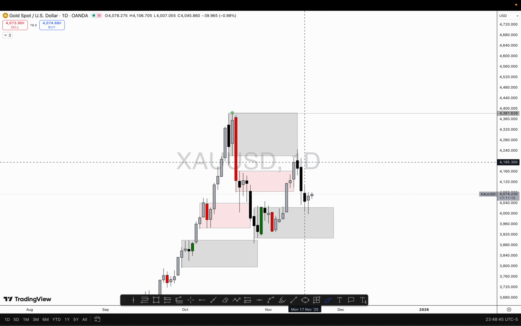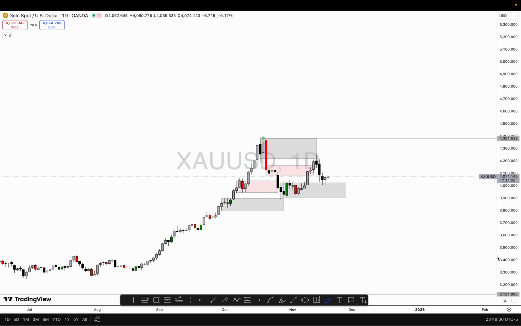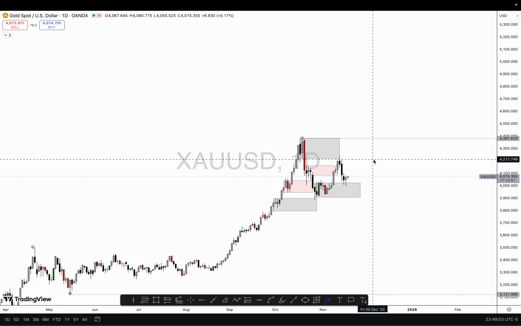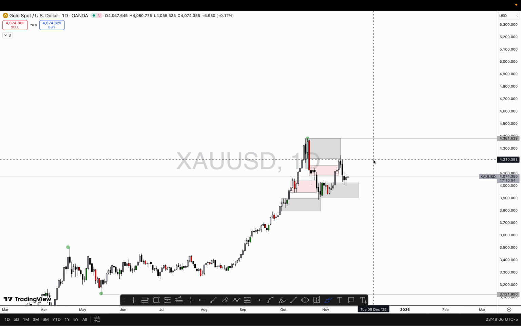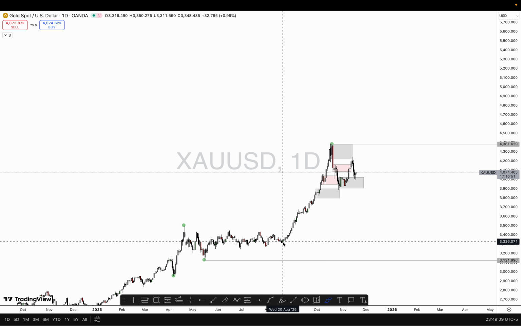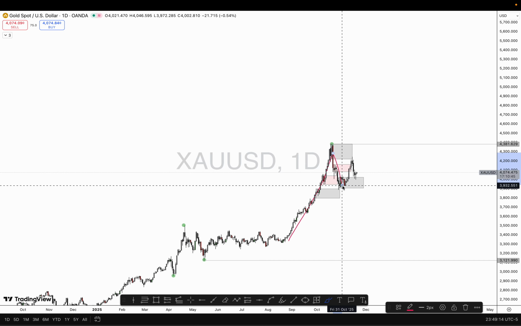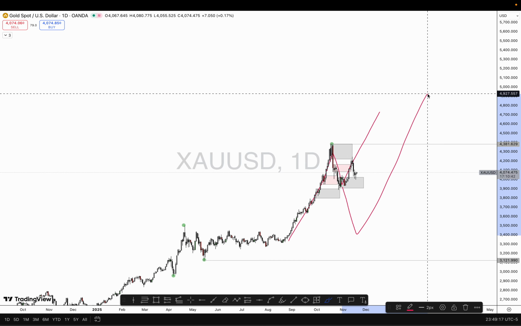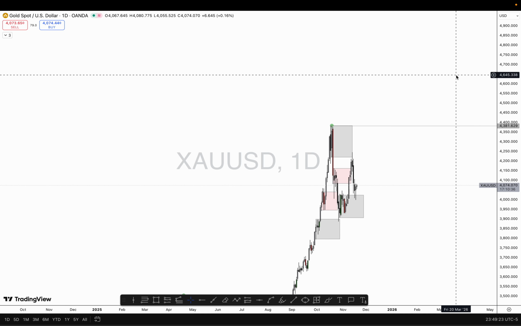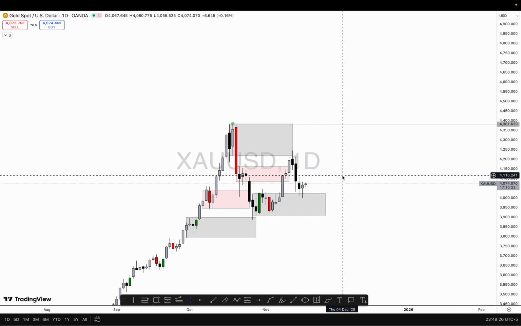Now if we had to choose a particular direction to trade in, we would obviously want to go with the higher time frame, which is the weekly, which is bullish. However, the daily is due for a pullback since we had this run. Will this be the pullback to continue higher, or would it pull back further? Who knows? But that's it for the daily time frame, right?